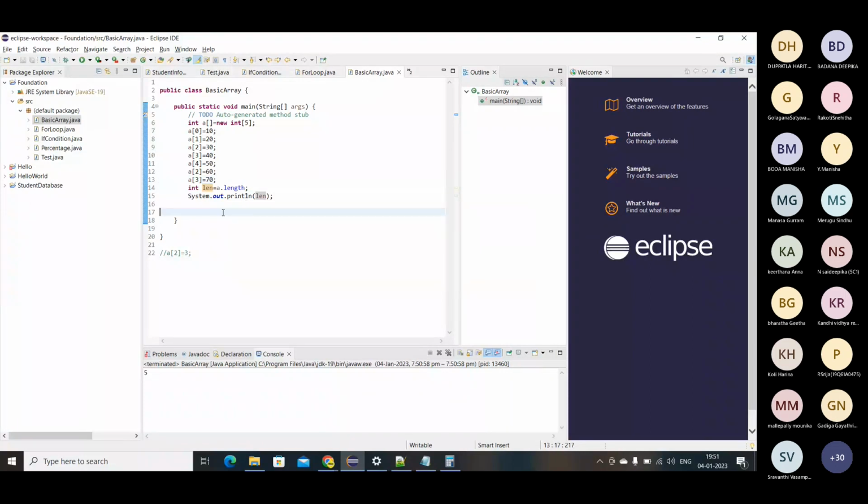Clear? So if you're handling different databases, there will be duplications, right? At that time you can use this method, a dot length. And the next one is